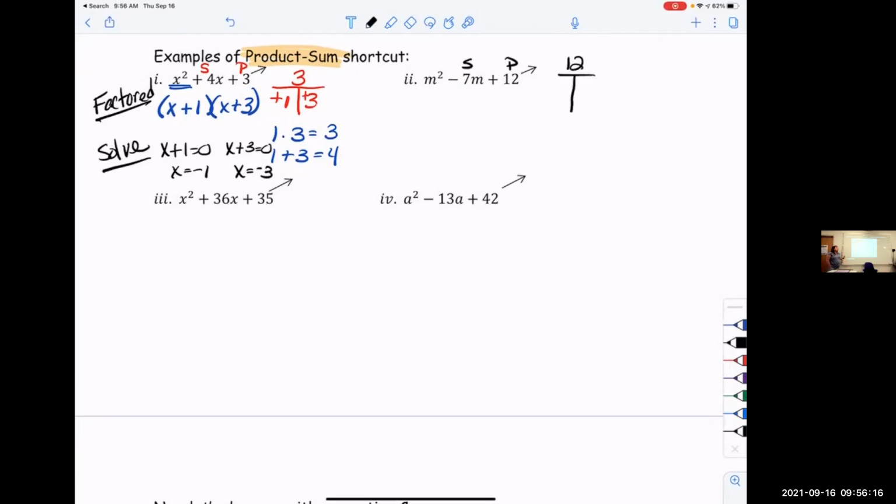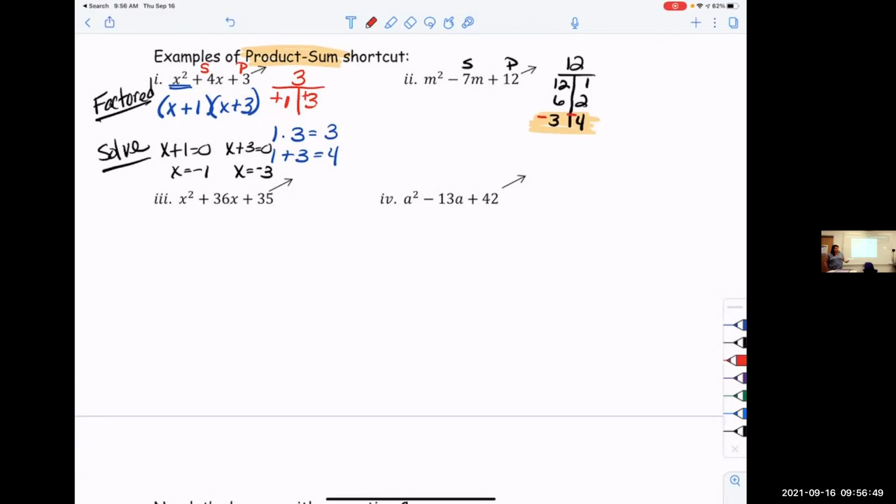So technically you don't have to make a list, but I just want to show you 12 and 1, 6 and 2, 3 and 4. Are y'all ready for the second one? Okay, so I could get an 11 or a 13, 8 or a 4, 7 or a 1. I want 7. All right, so that's the one I want. What kind of 7 do I want? So that means,